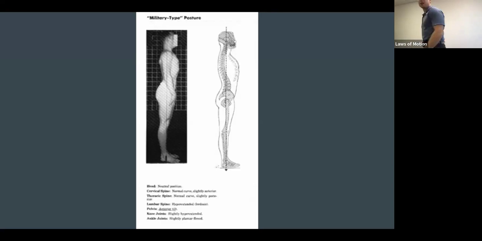So you'll see this crease develop. That's a key indicator that they're going to have some core weakness, some core instability, because they just cannot efficiently stack their blocks. If you're in an efficient position here and I come to push down, there's a significant improvement in how well my system can tolerate the load versus in this overly extended or forward flexed position. Again, this doesn't mean that they're guaranteed to have low back pain or an injury. You're just at a higher risk for some of these things and you have a harder time efficiently engaging your